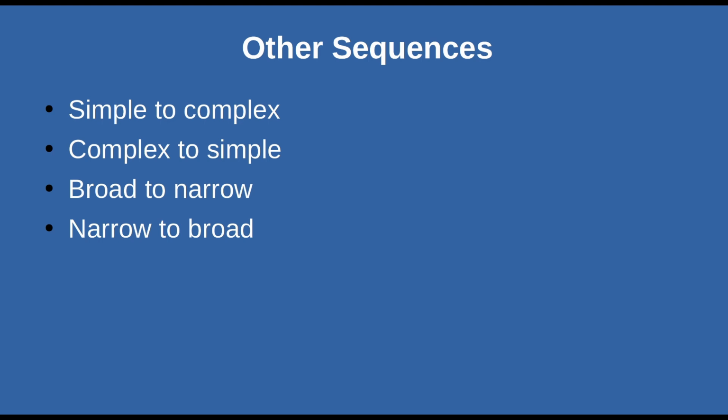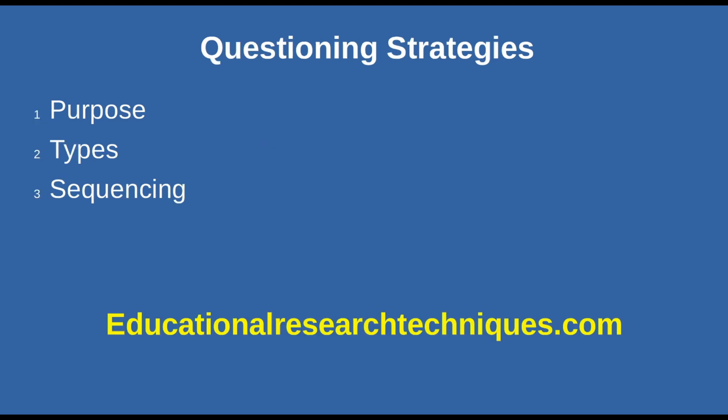Now, there are other sequencing styles that we're not going to cover here, and these are kind of similar, but not exactly the same. You can start with simple questions and move to complex questions, or vice versa. Or you can start with broad questions, like a question about an entire book maybe, and then move down to questions within chapters or within paragraphs. Or you could do vice versa, starting with specific questions about the book, maybe within a few pages, and then scoping out to the chapter, and then to sections, and then finally to the entire book, whatever works for your style. And these are things that you can explore on your own.